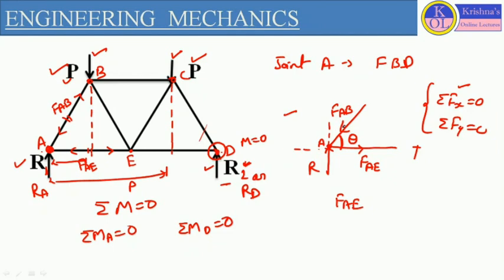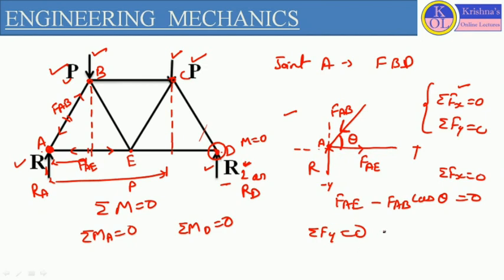So here we have to define the component of FAB, vertical component and horizontal component. So with the help of resolution of forces, we will define FAB. This is an inclined force. So this is acting in downward direction, so it will be in minus y direction. So it will be FAB cos theta. That will be equals to 0. So this particular term is representing summation of Fx equals to 0. Similarly, we will define summation of Fy equals to 0.